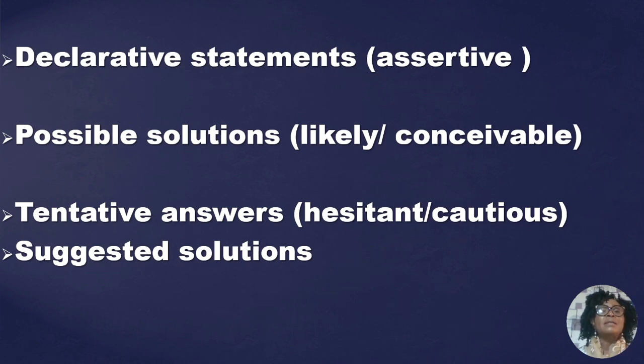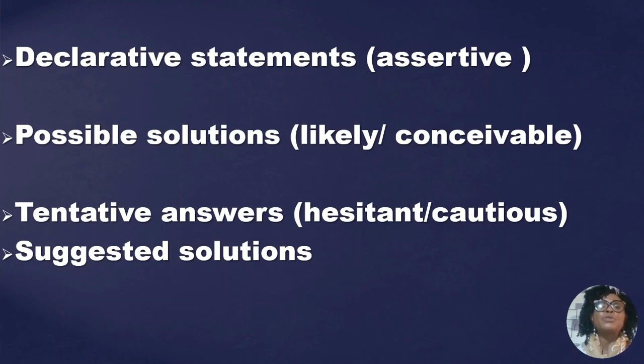Research hypotheses are declarative statements. When you say that something is declarative, you mean that it's assertive. You are sure, you are certain. In hypothesis, you have to assert. You have to declare what you are about to study. Some people are asked to put their statement in question form, but declarative statements is a very good characteristic, a good word that can be used to describe a quality hypothesis.